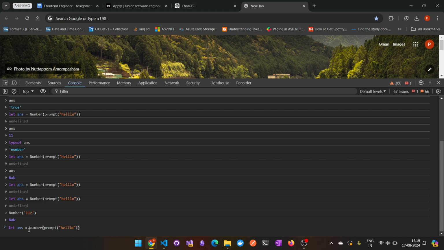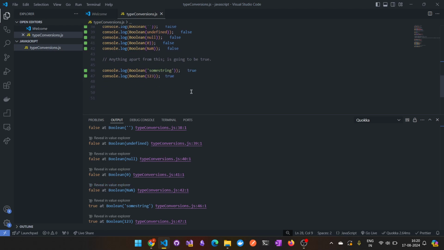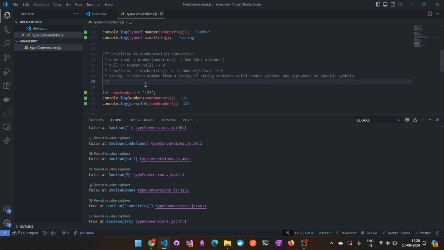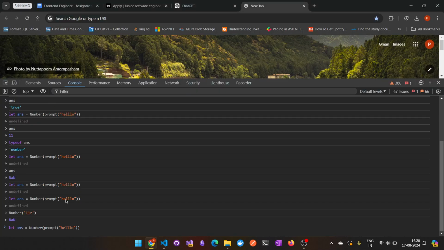However, this is basically according to the rule that we just saw here: return a number from a string if the string contains a valid number without any alphabets or symbols, otherwise return NaN. If we do something different, which is parseInt, then